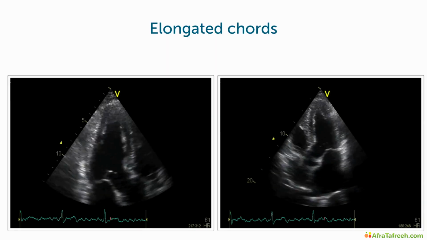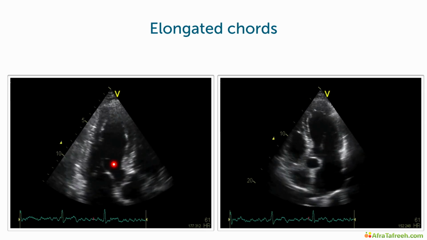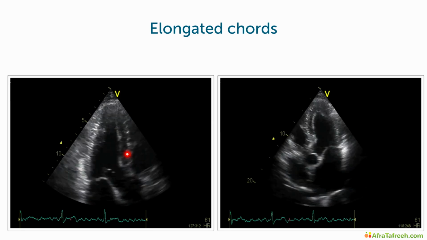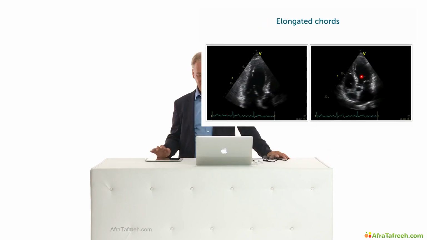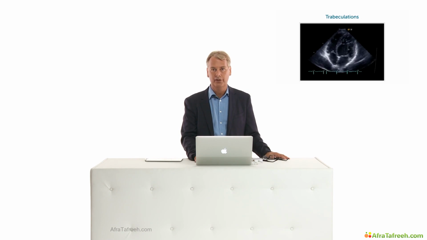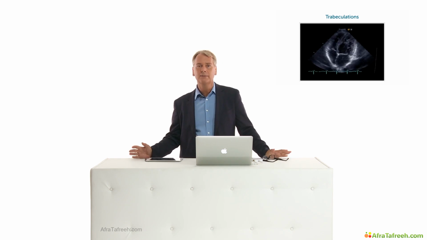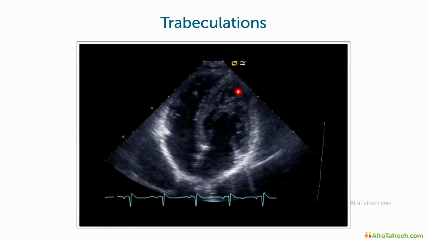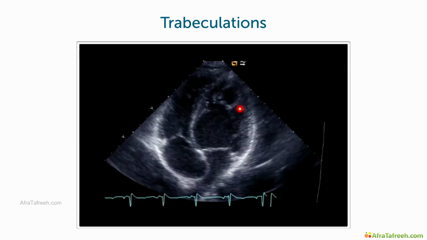Here's another example. Look closely, and you will see that we have, again, a whip-like motion of this cord which touches the interventricular septum right here. You can also see it in the 4-chamber view right up here. So elongated cords, a very frequent finding, a pseudotumor, no true pathology. I already talked about trabeculations of the right ventricle, and you can sometimes also see them in the left ventricle. Here's such an example, strongly trabeculated myocardium, again frequently seen in hypertrophy,